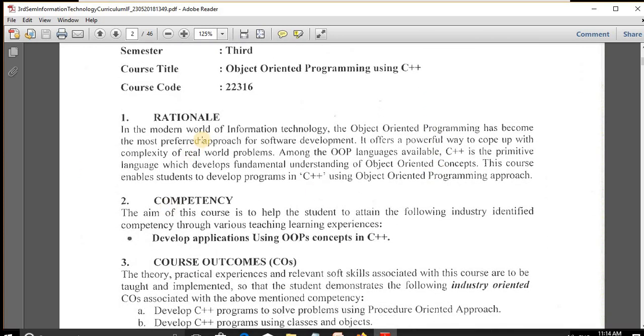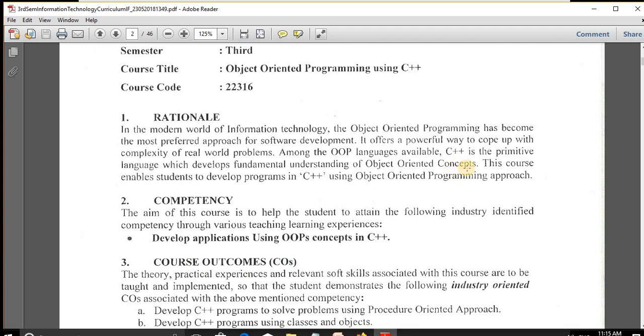The rationale of this course: in the modern world of information technology, object-oriented programming has become the most preferred approach for software development. It offers a powerful way to cope with the complexity of real-world problems. Among the OOP languages available, C++ is the primitive language which develops a fundamental understanding of object-oriented concepts.